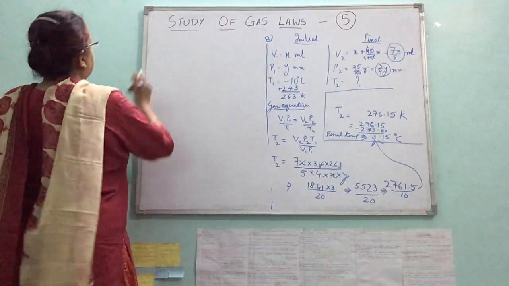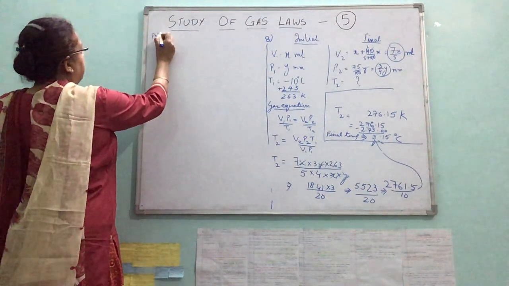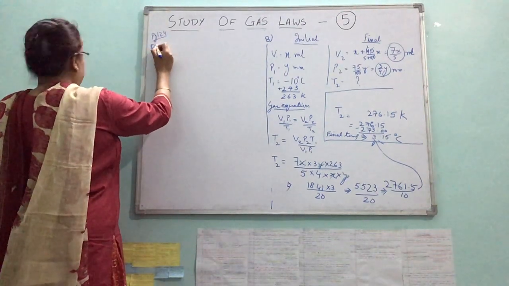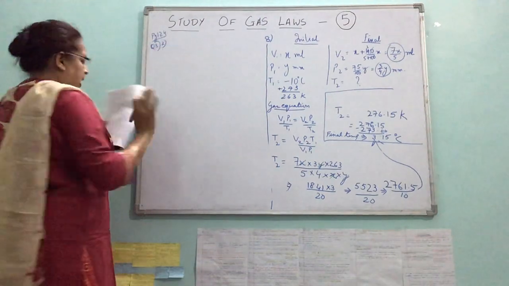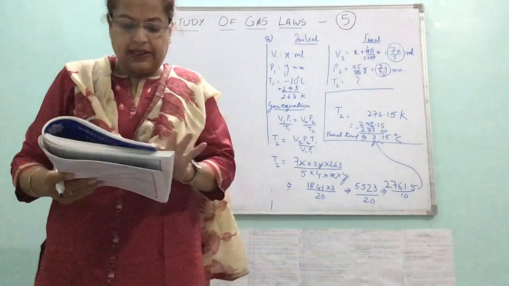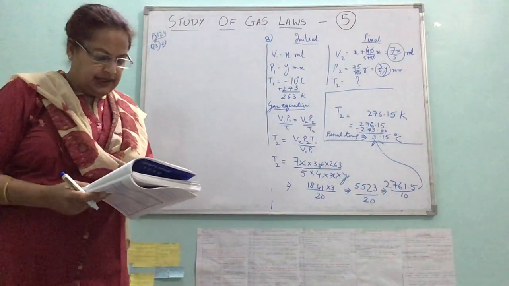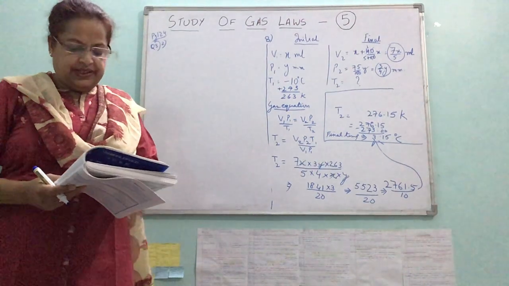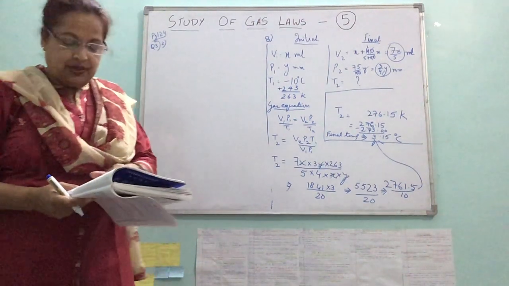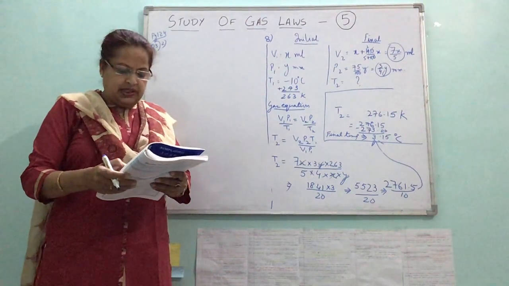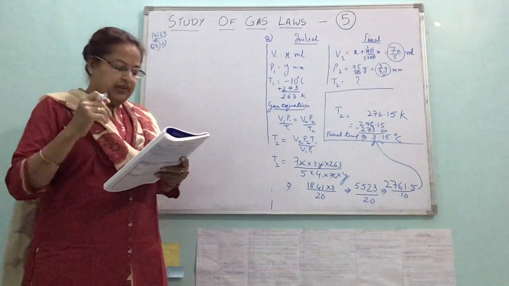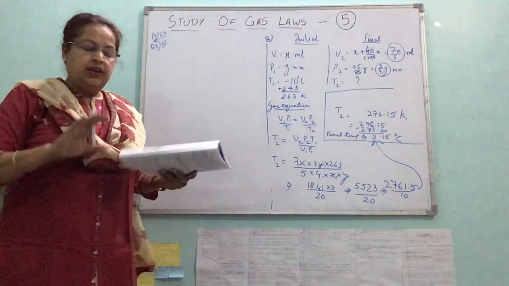So it is page 124, question number 3, second part. I'll read it. A gas X at minus 33 degrees centigrade is heated to 127 degrees centigrade at constant pressure. So it means it is Charles. Calculate the percentage increase in the volume of the gas. Okay, they have not given the volume, no problem.